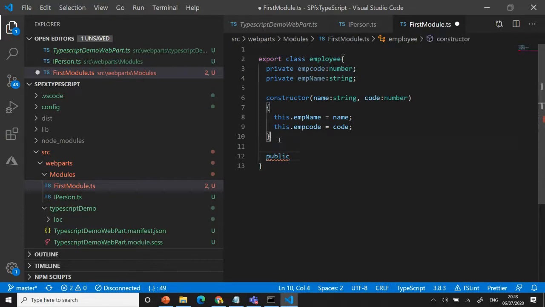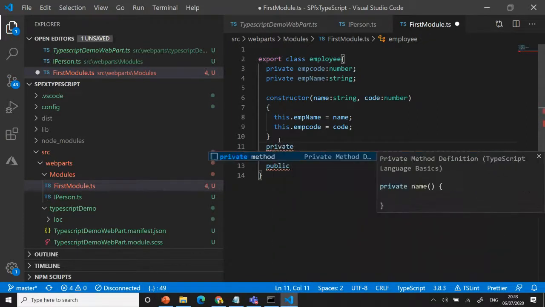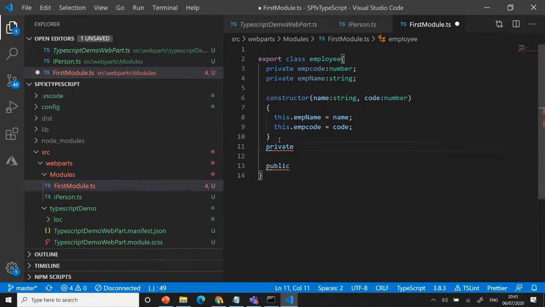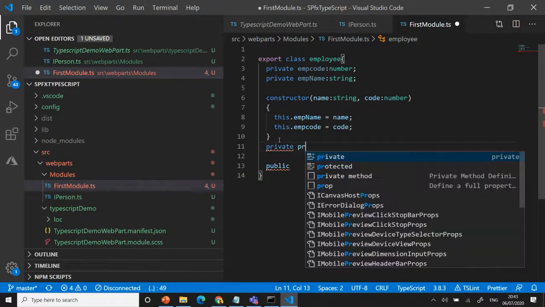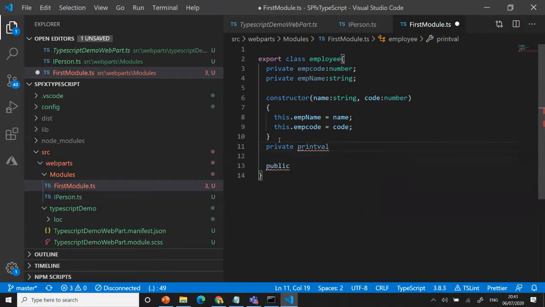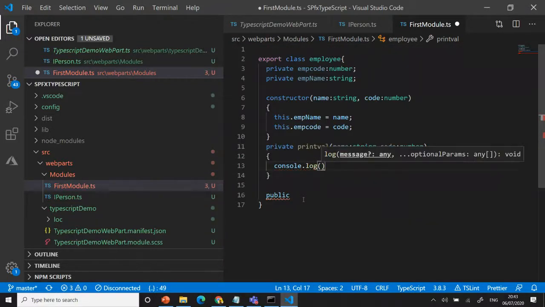For example, I want some private method to do, I say get value or print. I can use name string, comma, code string number, right? Okay, I'll just use a print value. If you want to console.log, you can see the employee.